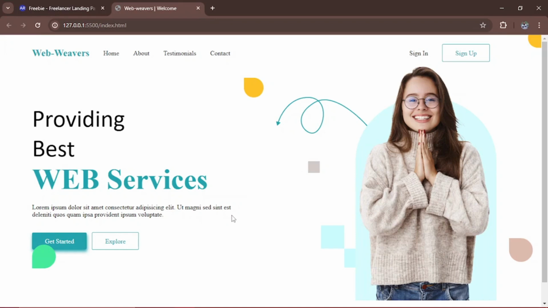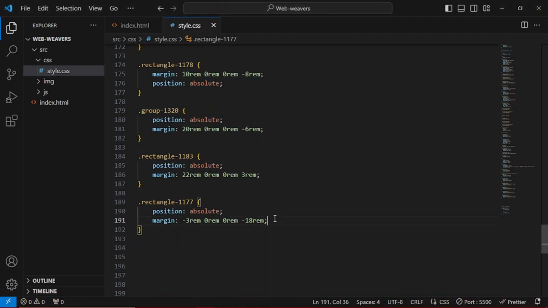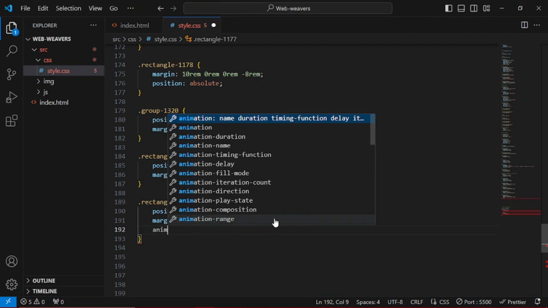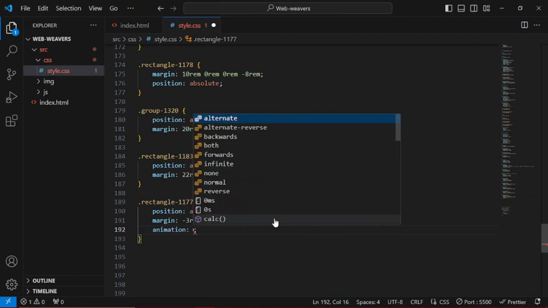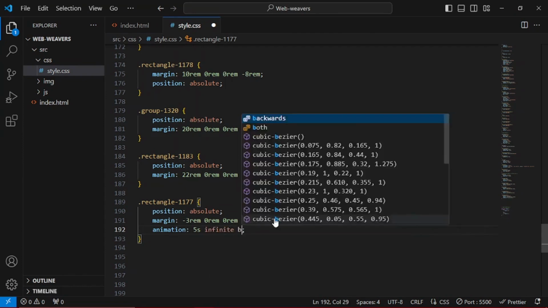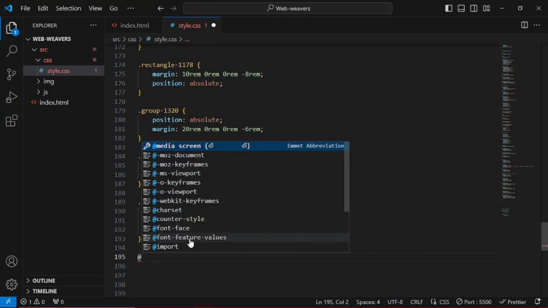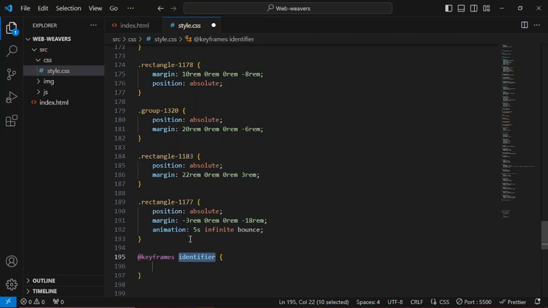So we're going to target this rectangle 1177, which is this one. We're going to give the both of them some animations. So this rectangle 1177, animation 5 seconds for the duration, infinite for the iteration count, and the name will be bounce. So directly below it, we have our keyframes. The identifier is bounce. So at 0%,